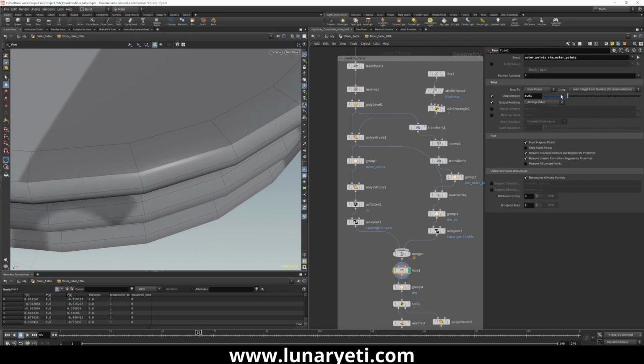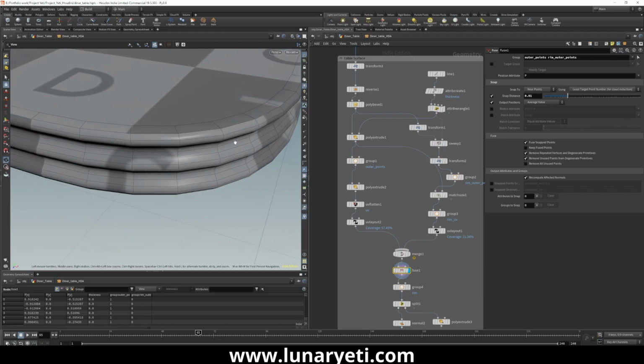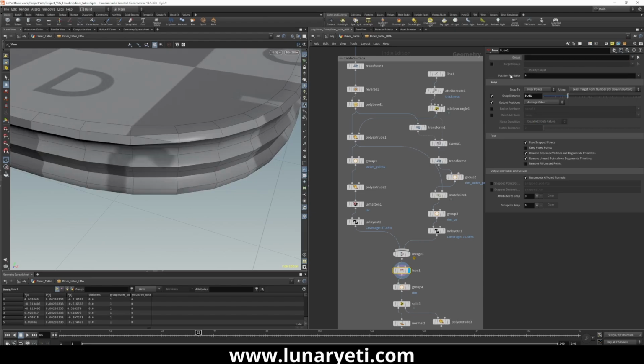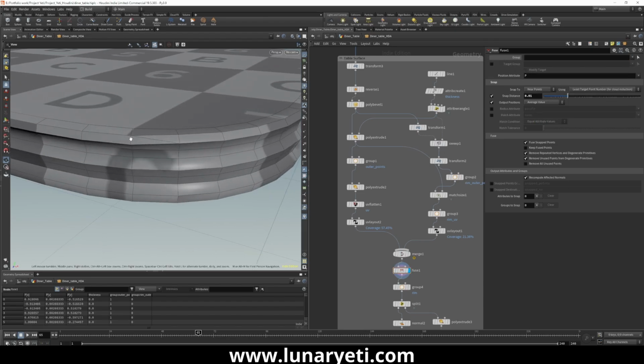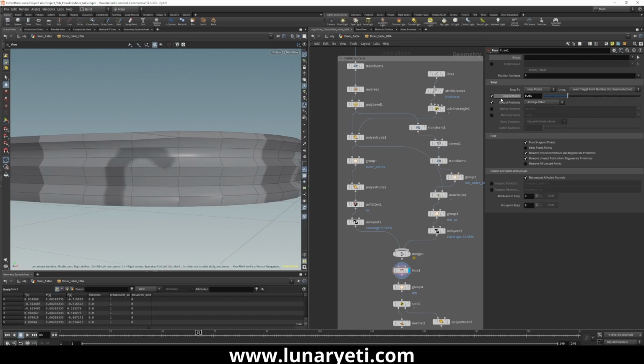But if we just simply use the fuse node, it might actually fuse the wrong geometry together. If I were to just remove these groups, you'll understand what I'm talking about. Sometimes it'll disrupt the shape. Just take a look again, it's destroying the shape. So to prevent this from happening,